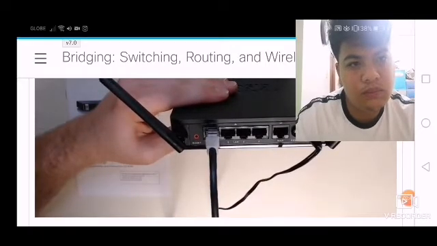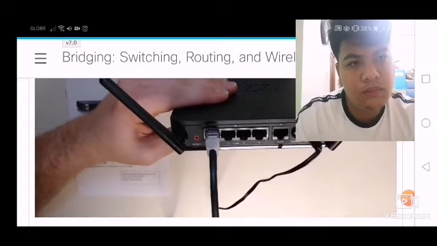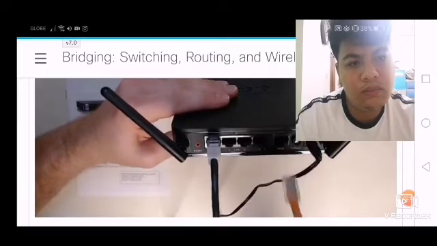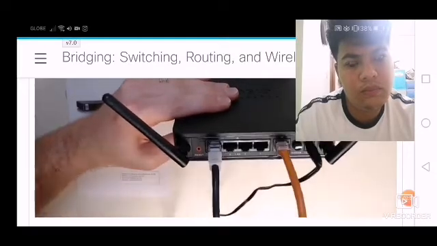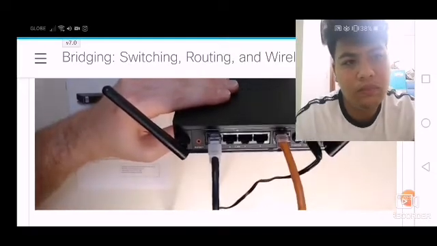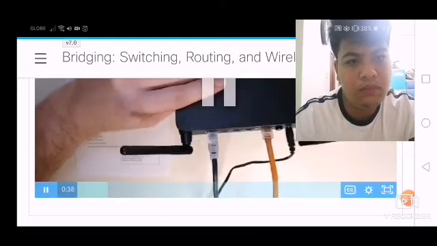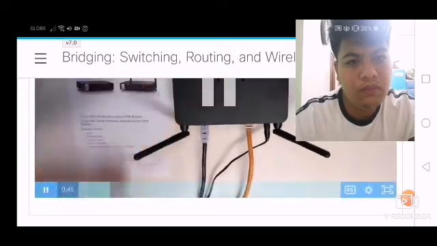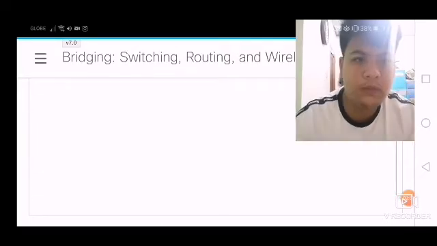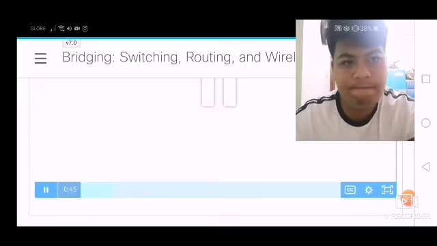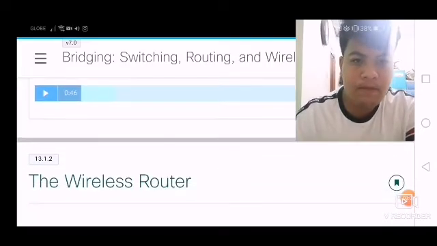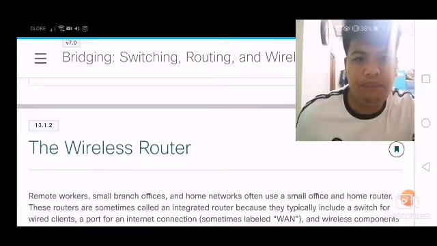Next, we want to get this wireless router connected to the internet. So I'll take my internet cable from my modem and plug that into my WAN port on the back. At this time, I can go to my computer's web browser and I can type in the IP address of my Cisco wireless router. If you do not know the default IP address of your wireless router,